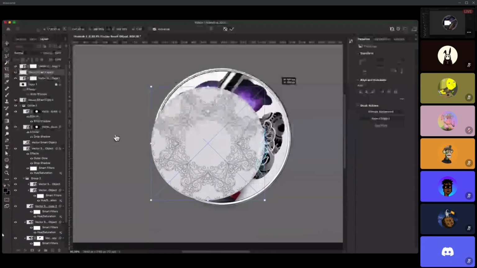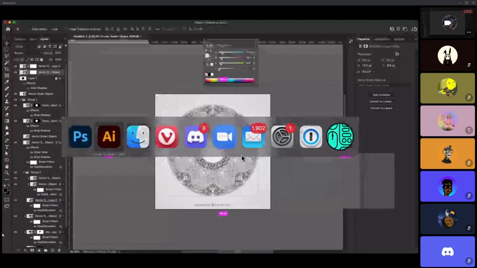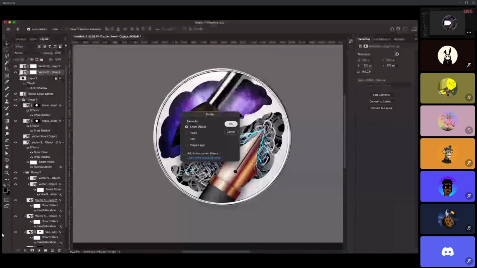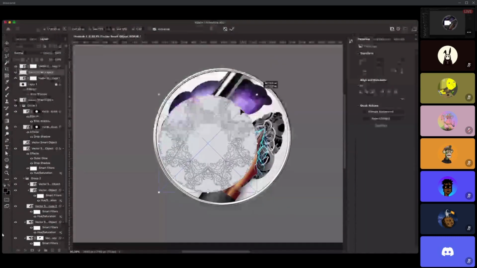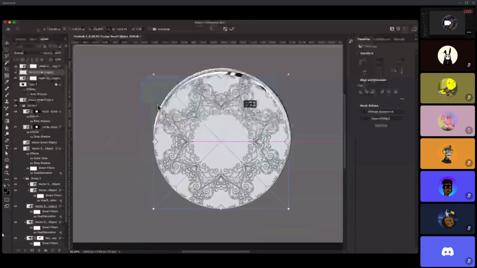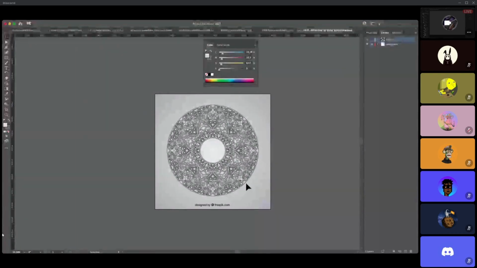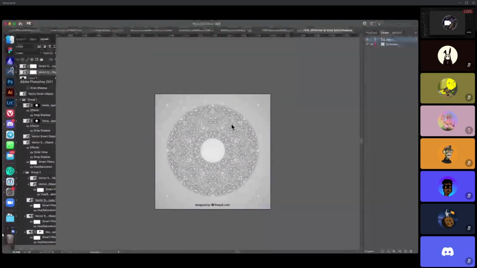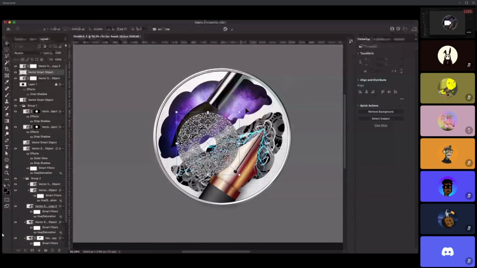Didn't copy everything. Okay, Command C, Command V. Still no. Okay, weird. So I take this entire object and I copy paste it here. Now it's coming, everything.